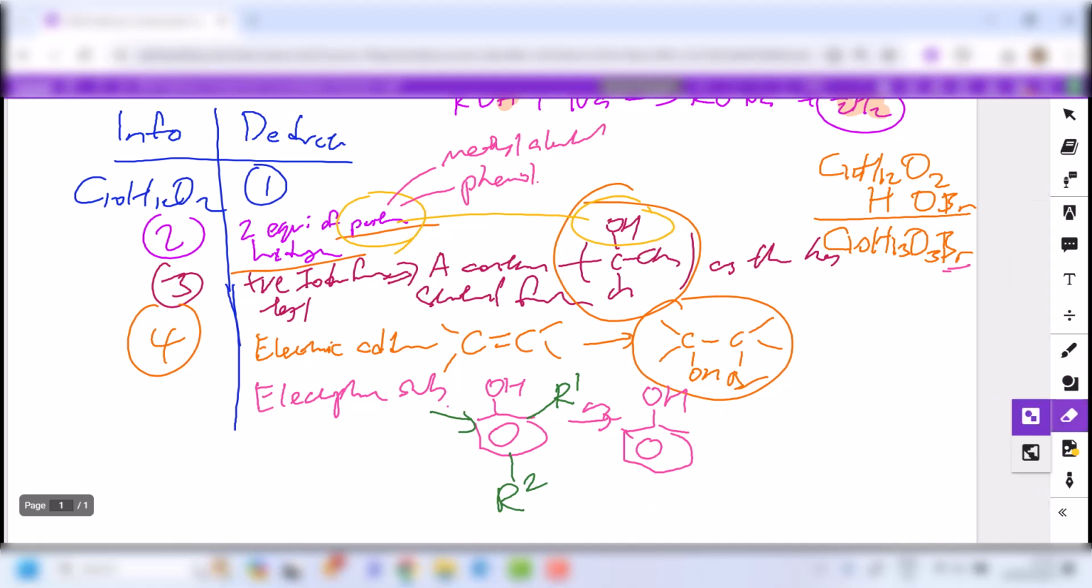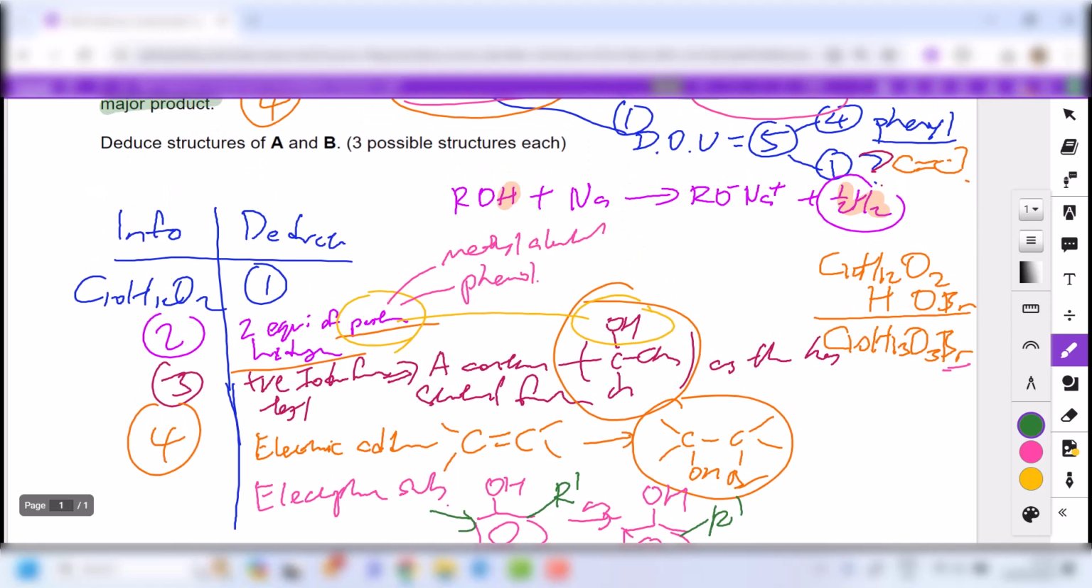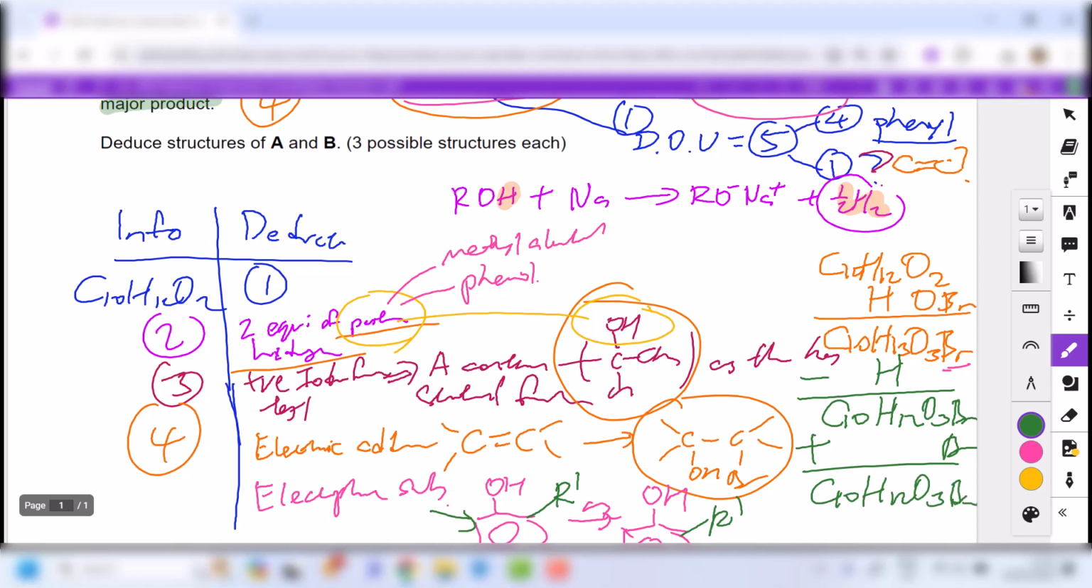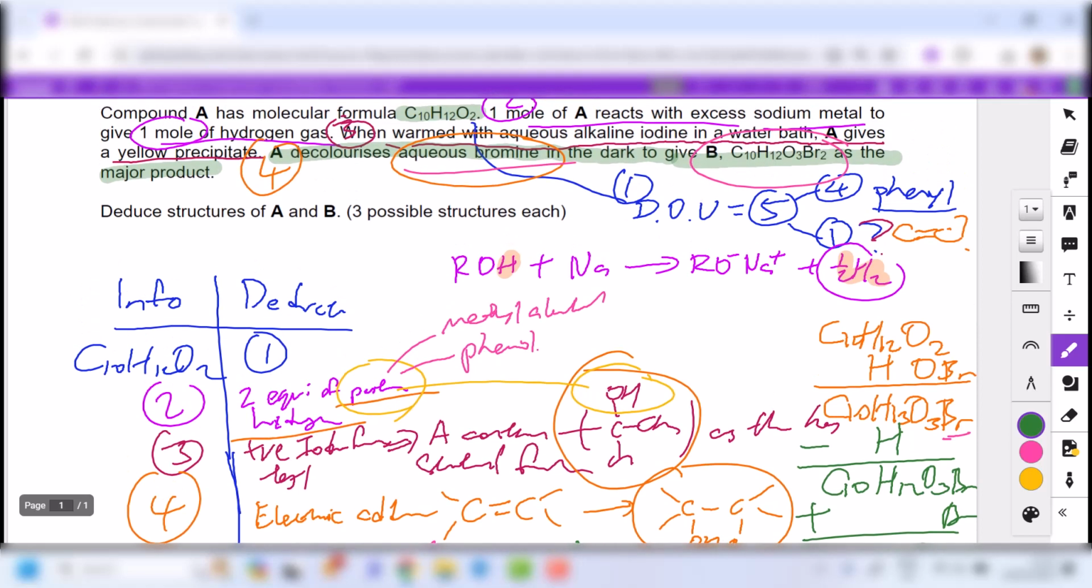Okay, so I'm just going to erase this. This is very dynamic because I'm writing on the screen. You know that I'm going to block one of the positions, so I'm going to replace 1H with 1Br. I'm going to minus 1H because it's a substitution reaction. So I'm going to get C10H12O3Br and add 1Br. Then we'll see if we eventually end up with the molecular formula C10H12O3Br2. Yeah, indeed we get